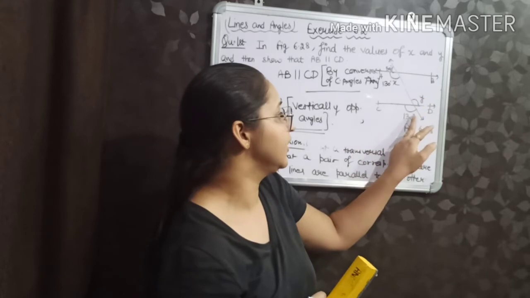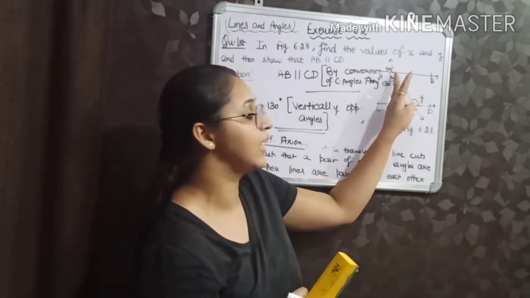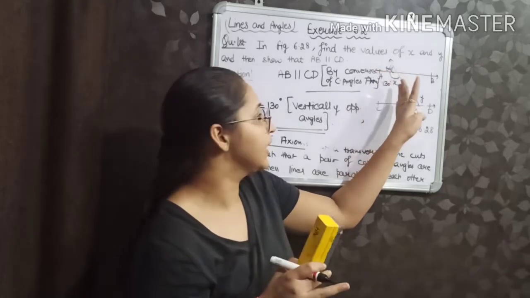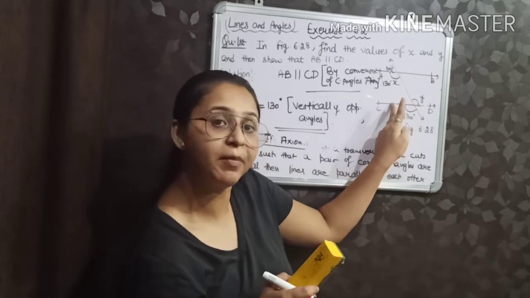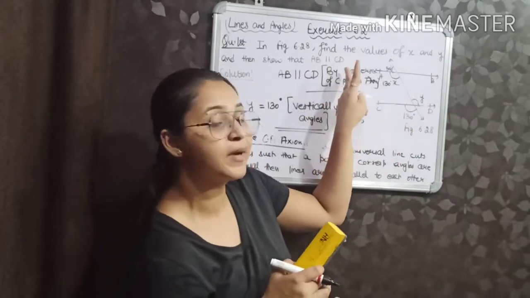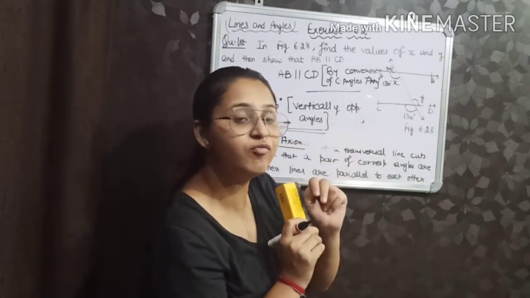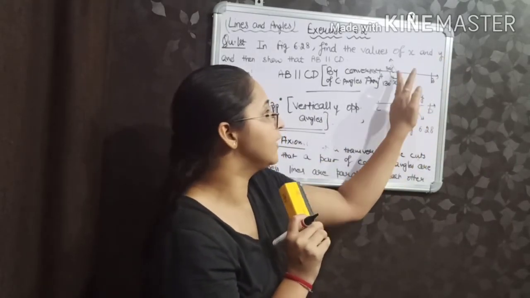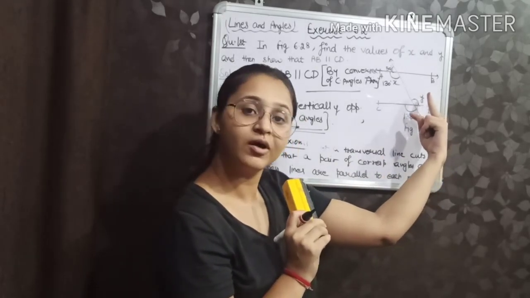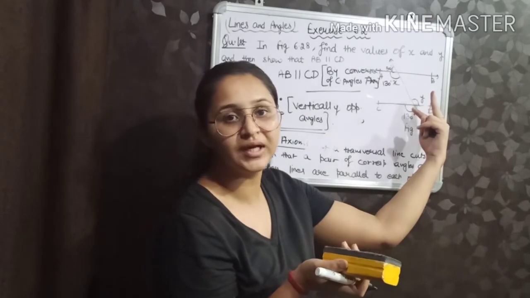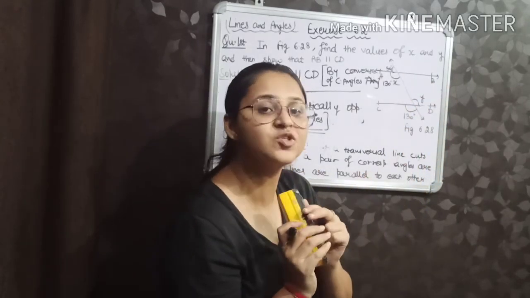Okay, so what we have done, first we found the value of x by linear pair, and if this is 130 degrees, this is 130 degrees, and we know by the converse of corresponding angles theorem that if corresponding angles are equal and there is a transversal line, then these two lines must be parallel. So we have proved that AB is parallel to CD. Now the next and last part is we have to find the value of y, and if these two lines are parallel and it is a transversal line, then this pair makes vertically opposite angles, and vertically opposite angles are equal. So the value of y is 130 degrees, value of x is 130 degrees.